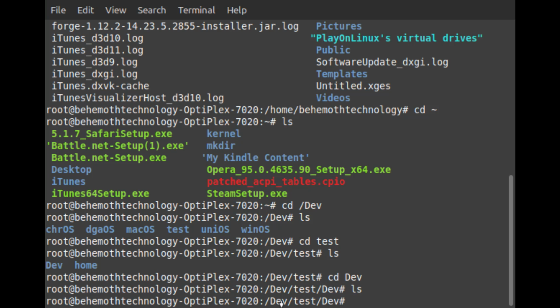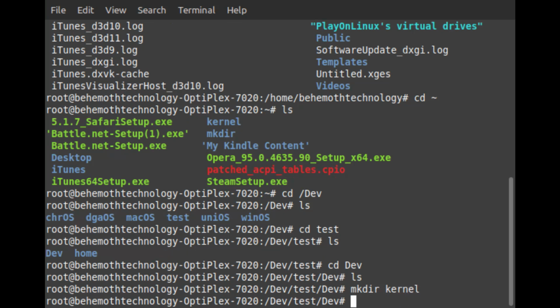But say we wanted to understand how to use Linux in some way. Then we could mkdir, which is the same thing over here when I right-clicked and created a new folder. And we can call it, like, say for example you wanted to compile your Linux kernel. You could call it kernel. And so once you have kernel, it's there. And then once you log in, say we cd kernel,